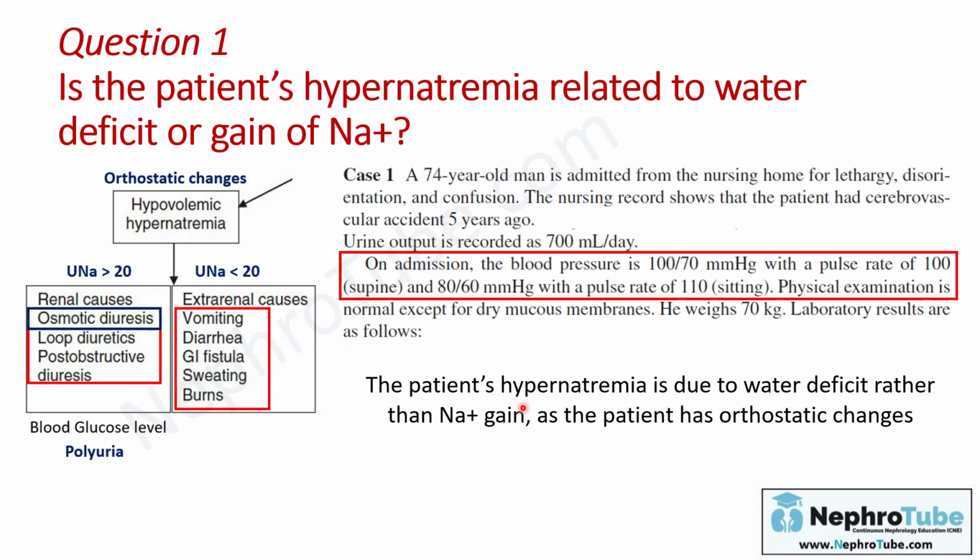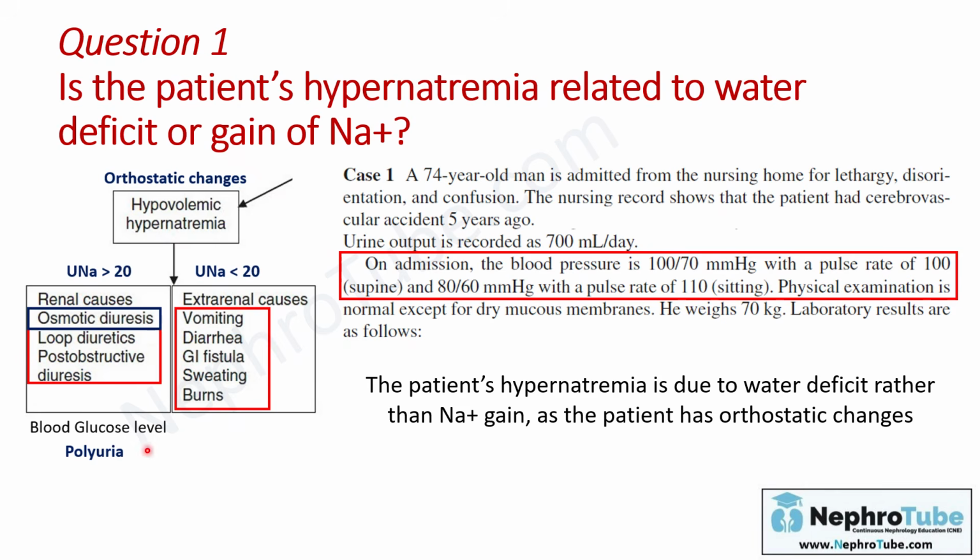So the patient's hypernatremia, as you said in the chat box, is due to water deficit rather than sodium gain, as the patient has orthostatic changes. Whatever the etiology, generally this is due to water loss. In this patient, we have to exclude loop diuretics, post-obstructive diuresis, and these extrarenal causes, and we have to check